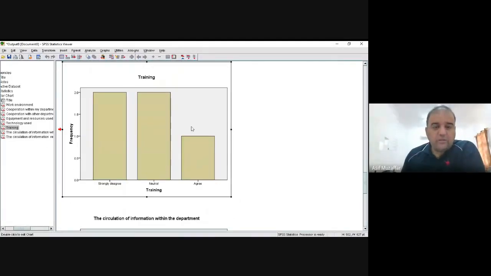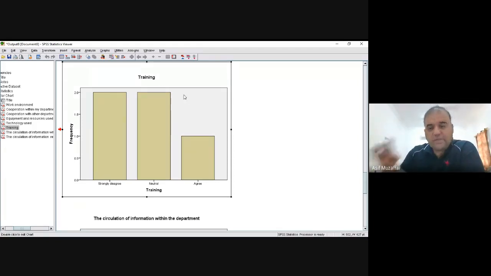Descriptive statistics. See this, training. Do you get training? So 2 of them strongly disagree. That means two employees strongly disagree that they get training. So they did not get any training. 2 of them were unsure whether they get some training or not, or they didn't want to tell. And 1 of them agreed that he or she got training.